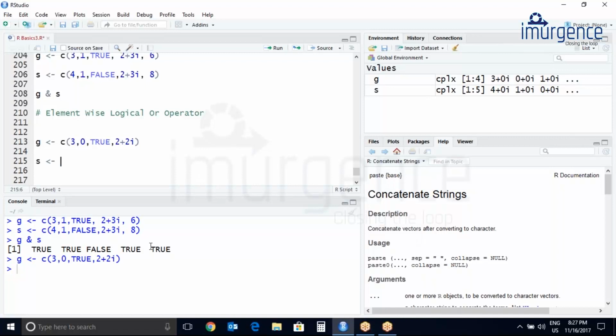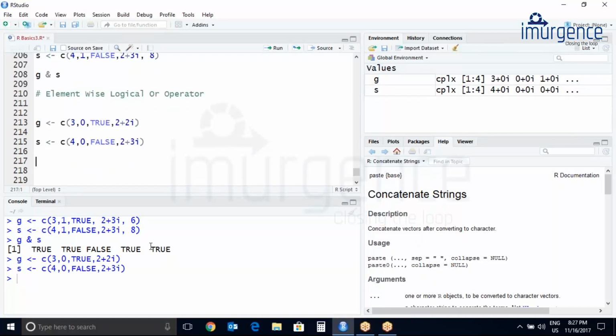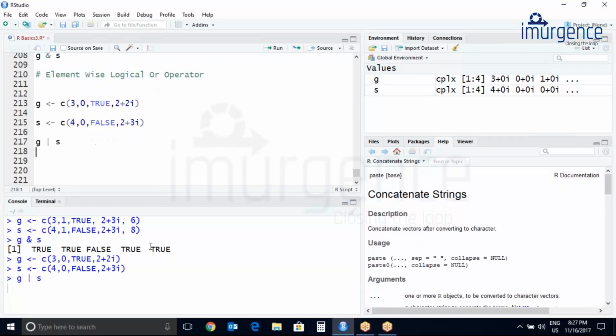Let's create another vector S. Okay, so G or S. So let's see what answers we get.